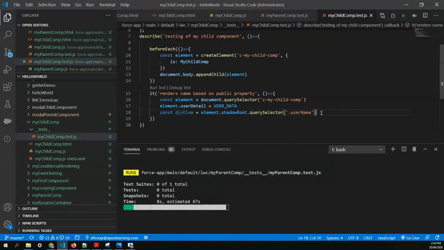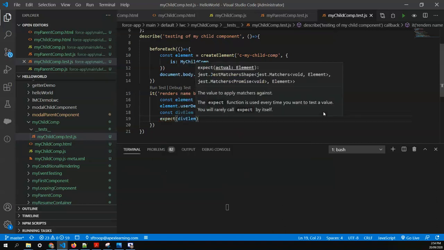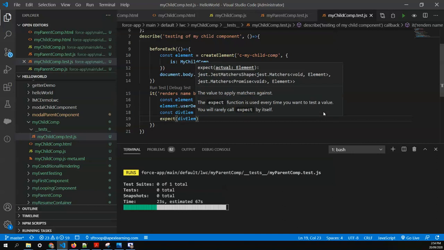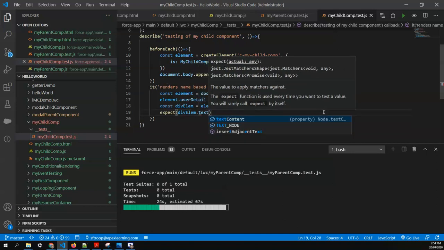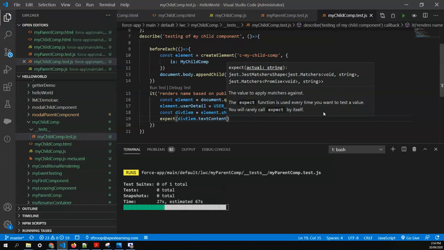So I'll say okay, find the class in that element, and if that element is available with that particular class, we'll take the text content. So the text content is nothing but the text between the tags.